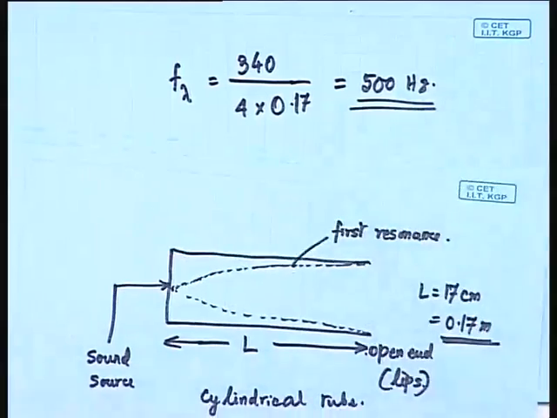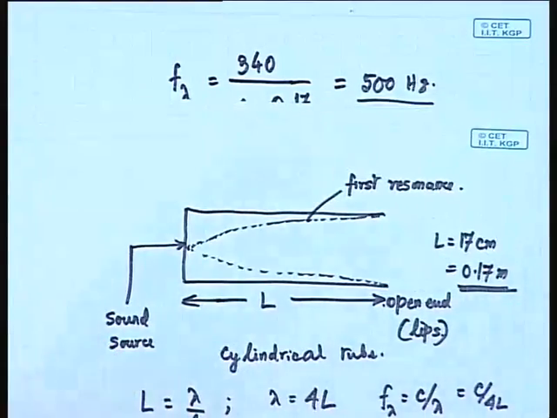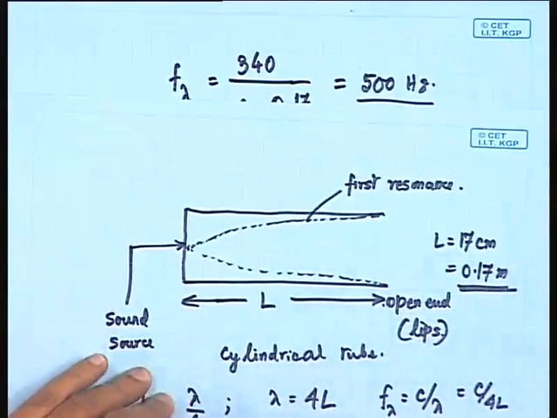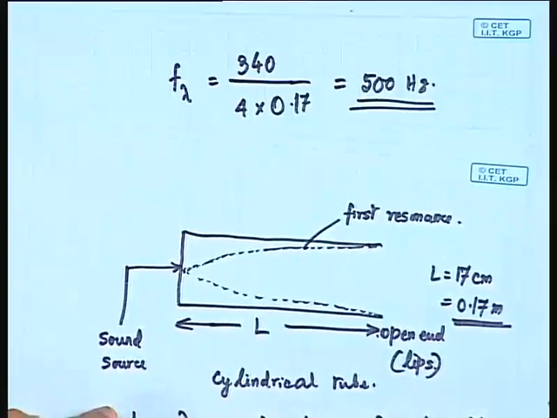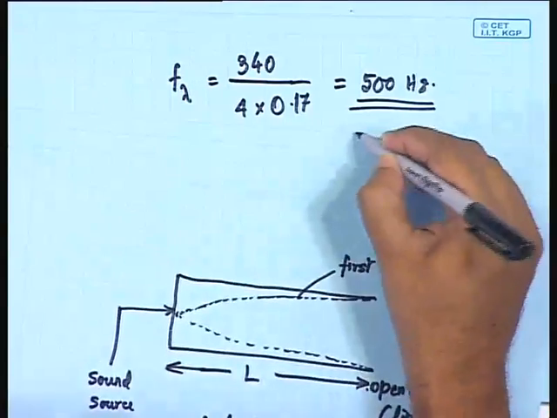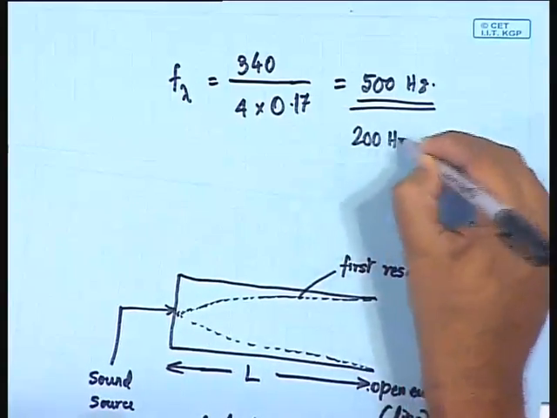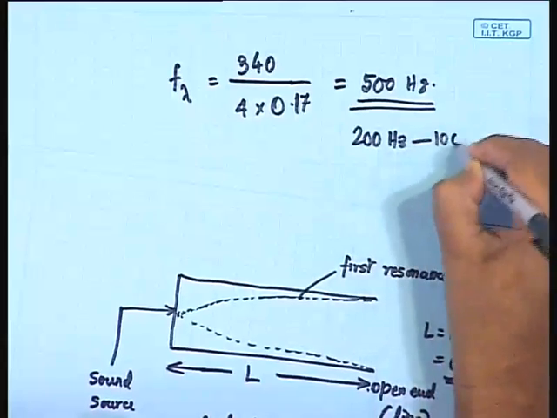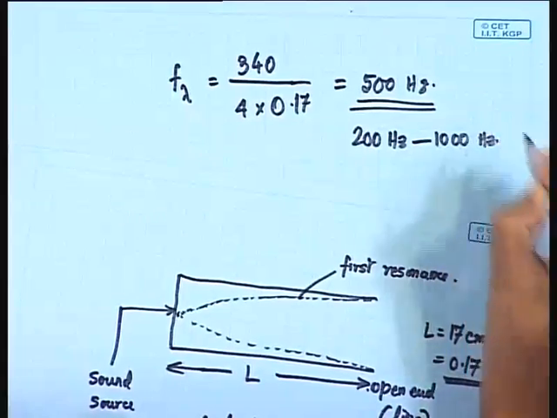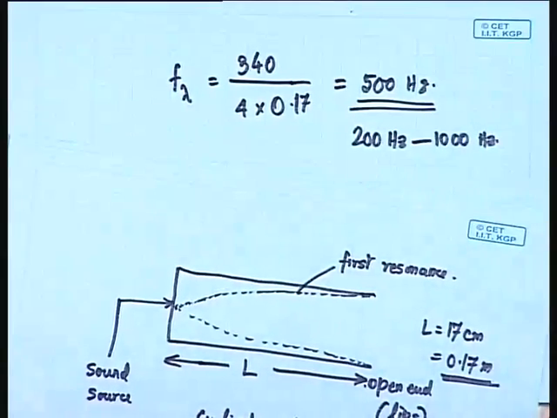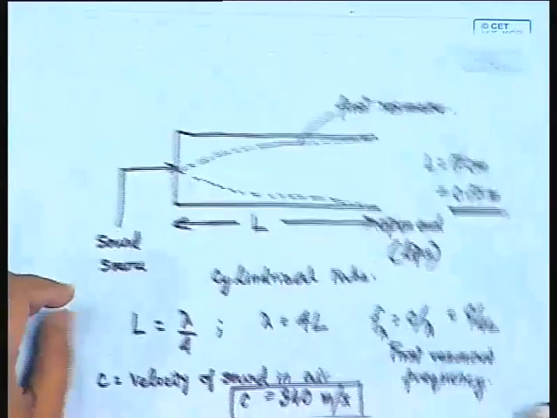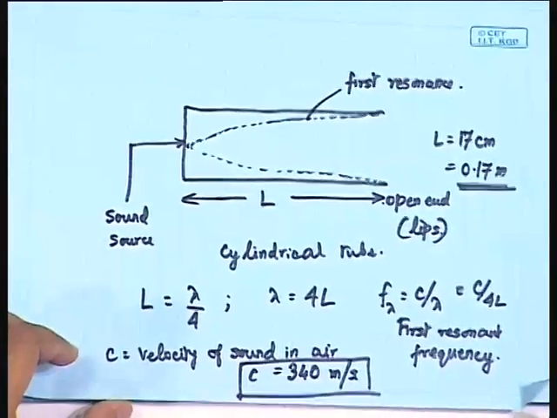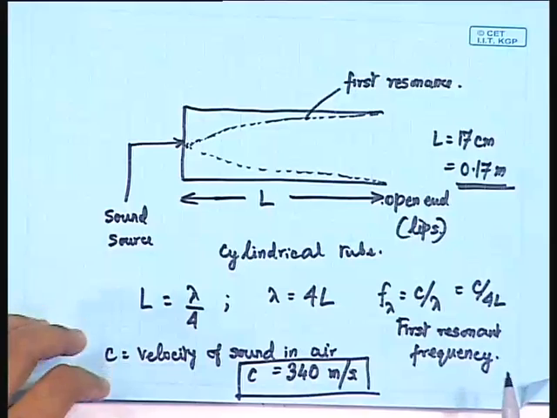I mean, we should not just say that the resonant frequency is 500 hertz. Rather than that, we should specify a wide range, and let us say that range is between 200 hertz to 1000 hertz, considering the variation from person to person, and also the variations that take place with respect to time. So, we have to consider a range like that.